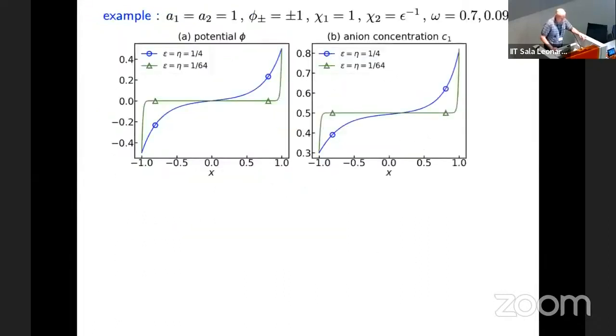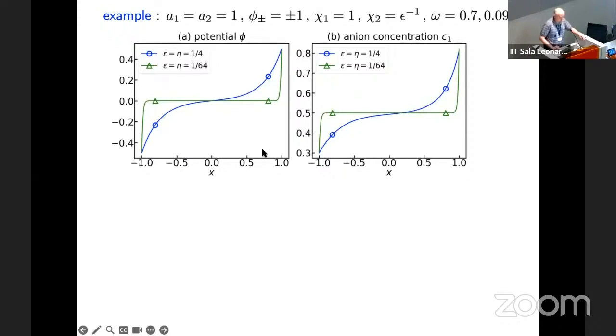We get results. For example, in one case over here, with two different dielectric constants. This is from the Robin boundary condition, the eta parameter there. The blue potential goes from a negative value on one side to a positive value. We get a sharper boundary layer when the epsilon is smaller. This is the anion concentration over here. And this is done with 100